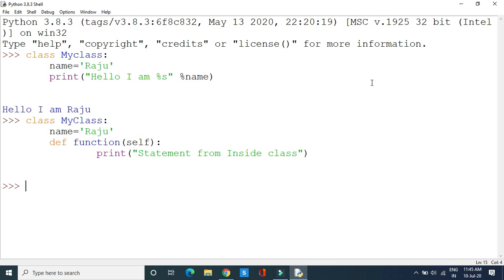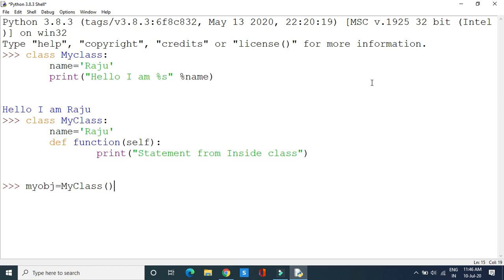Now you see everything is clear. Now we are ready with the class, one class with two members, one variable which is name and another which is a function. Now we try to access this variable and function from outside the class. That can be done using objects. In this case, the first primary duty is that we need to create the object for that class. The object name is myobj, and I am creating it from a class called MyClass.